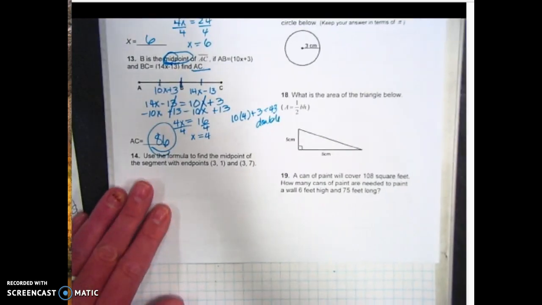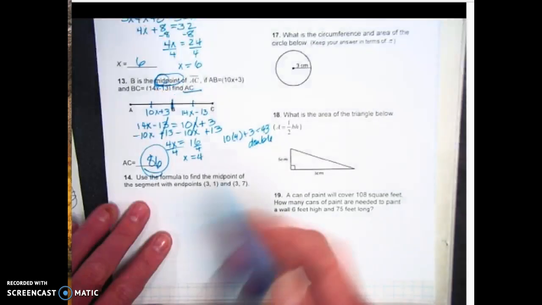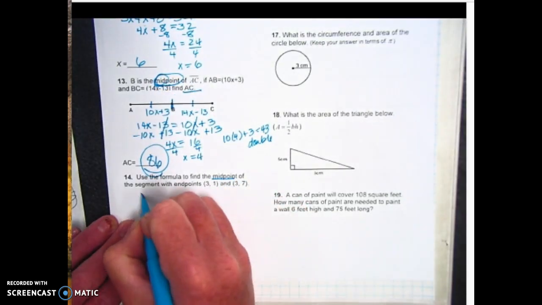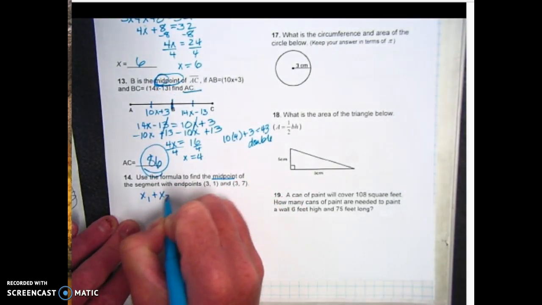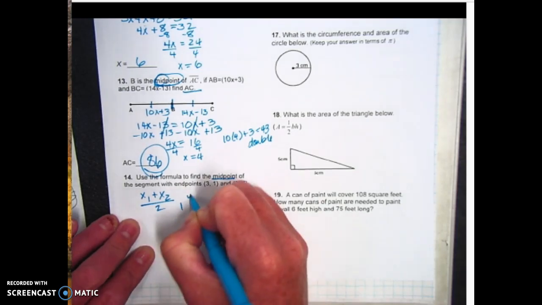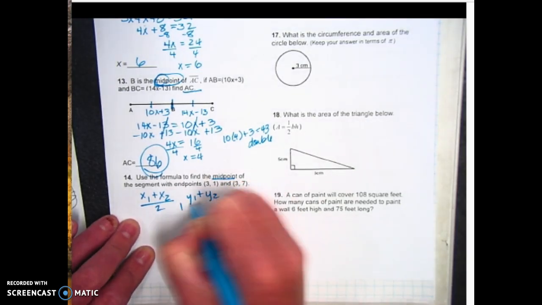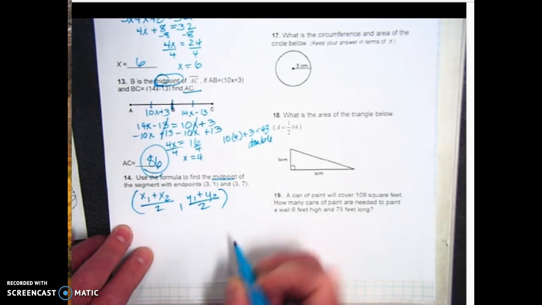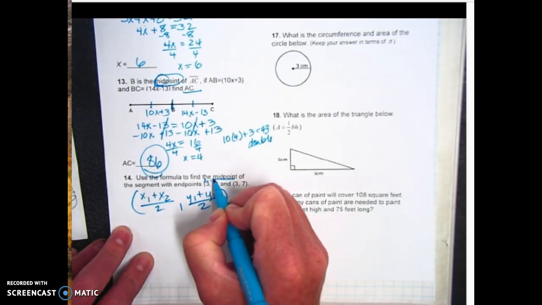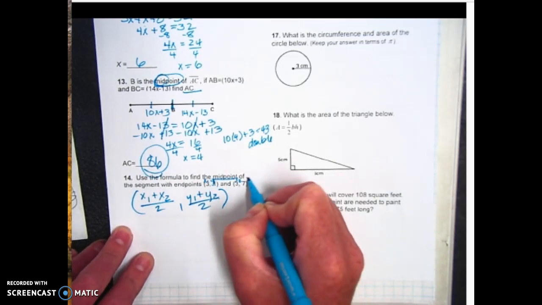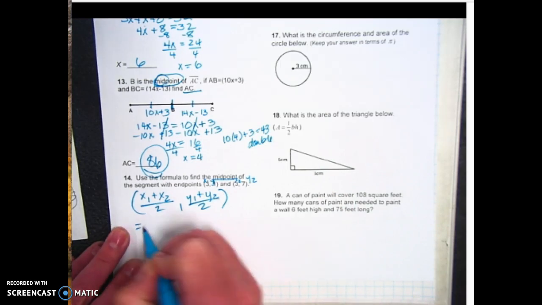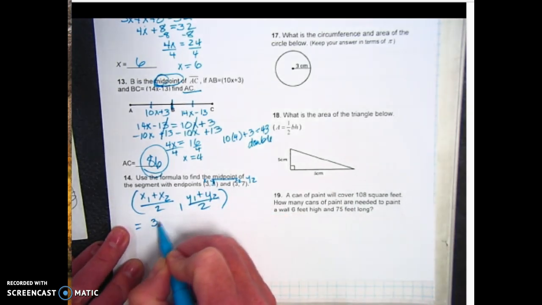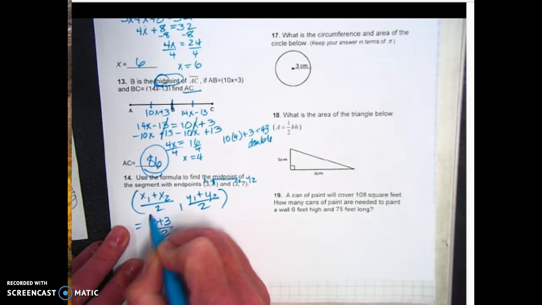All right, for number 14, we're going to use the formula to find the midpoint. So the midpoint formula, you just want to add your x's and divide by 2, and then add your y's and divide by 2. So if you label them x1 and y1 and x2 and y2, then you're sure to get them in the correct spot. All right, so I'm going to have my 3 and my 3, divide that by 2,